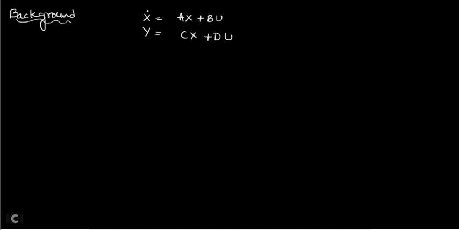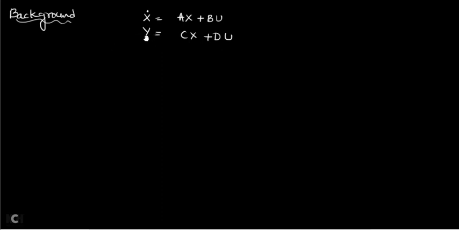Further, you have to understand some of the background. So we know that any control system can be represented in a state space model as x dot is equal to Ax plus Bu, y is equal to Cx plus Du, and here x represents the state variable, A represents the state matrix, B represents the input matrix, u represents the control input signal, and y represents the output of the control system. Now this is the general equation for the state model for any control system.